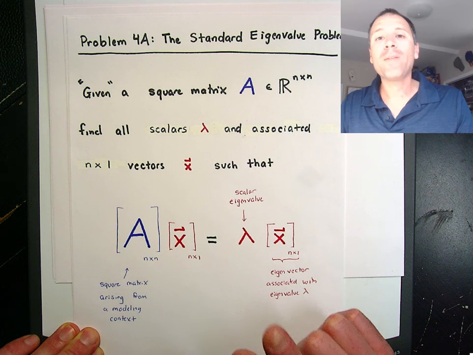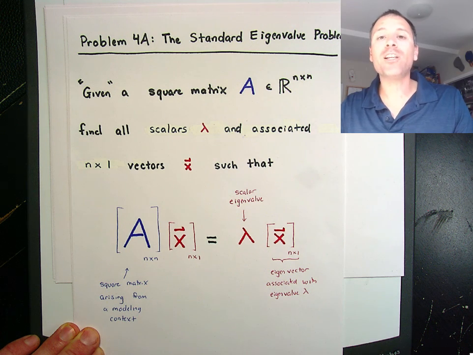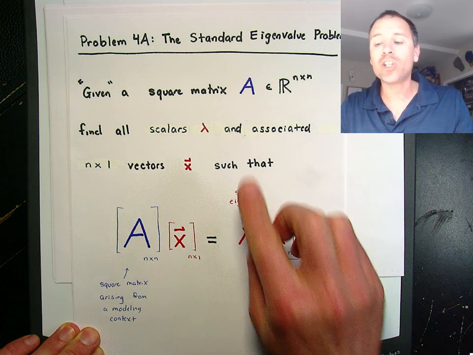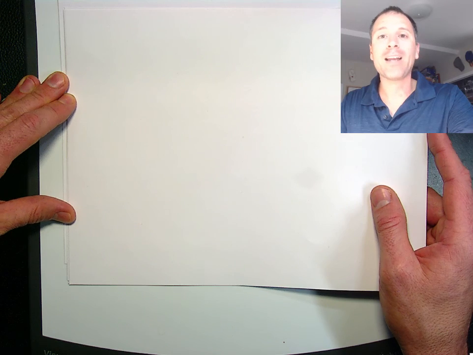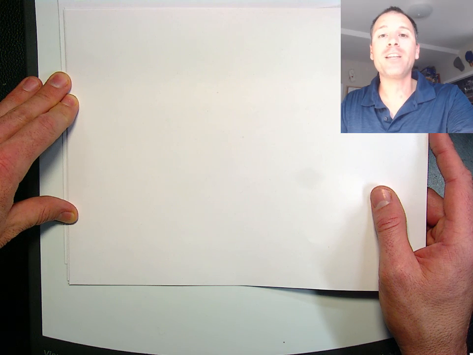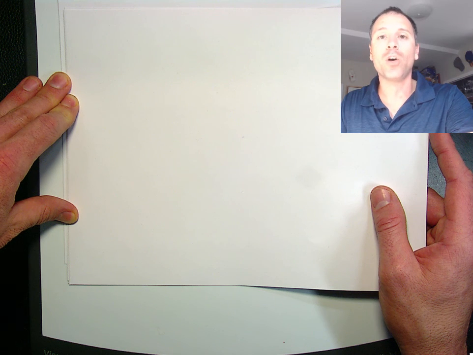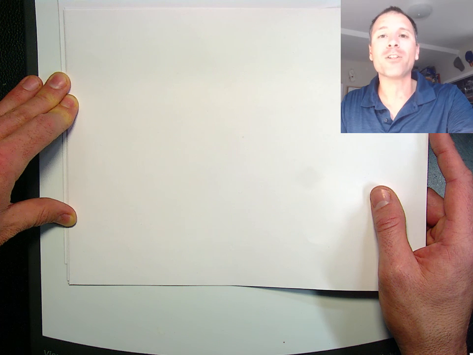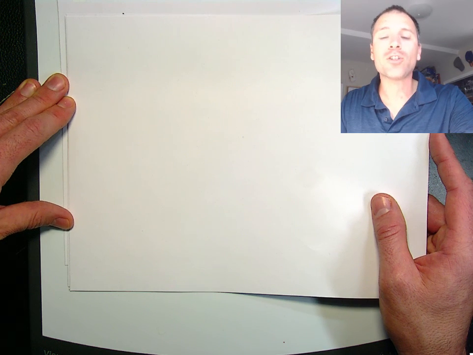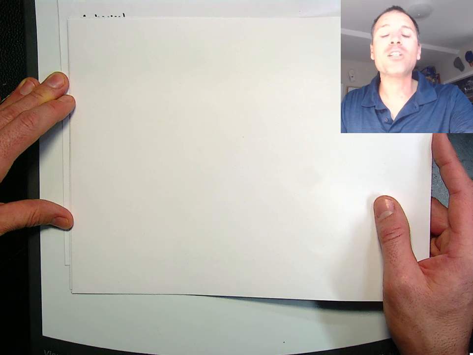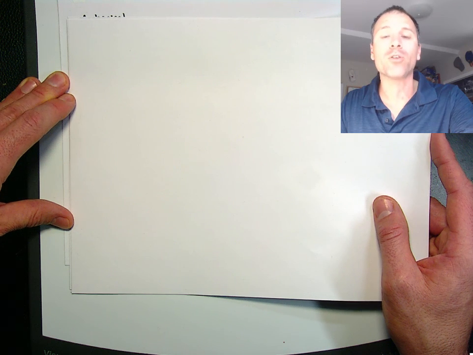However, I want to avoid the trap of not mentioning the future applications and just going right into the theory. With this in mind, I want to touch briefly on some of the much larger application areas that eigenvalues show up in as a way to motivate your curiosity. One of the questions I always ask myself is, why should I care? How can I use this in my future? And why does it matter to me? Let's see if we can help you get answers to those types of questions by focusing on other people's answers to those types of questions.